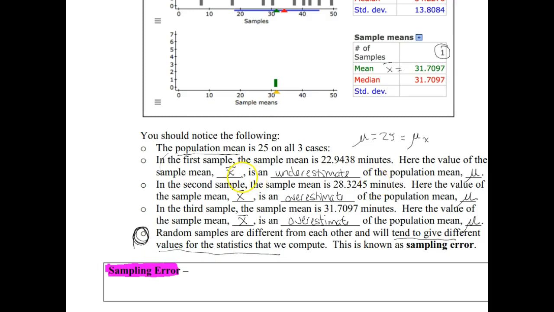So like here we can see each time we push the button, we got a different value of x bar, even though every time we sampled from the population with a mean of 25. Okay, so this is known as sampling error, which I've never liked this word because error sounds like you made a mistake, and you didn't. Okay, this is just the natural tendency